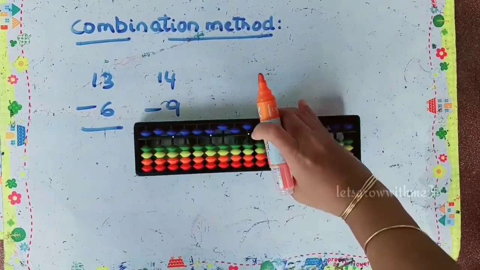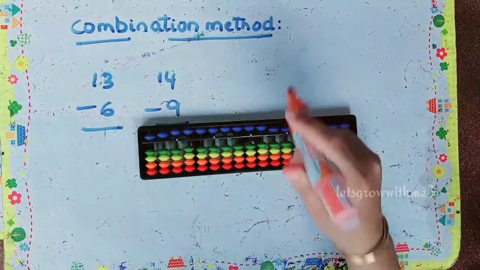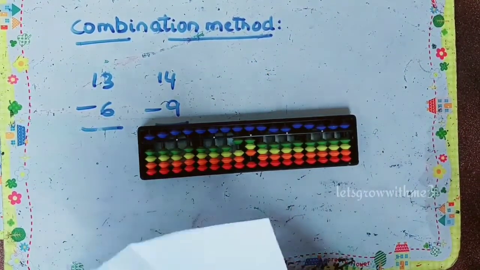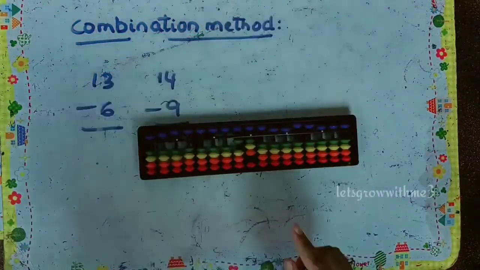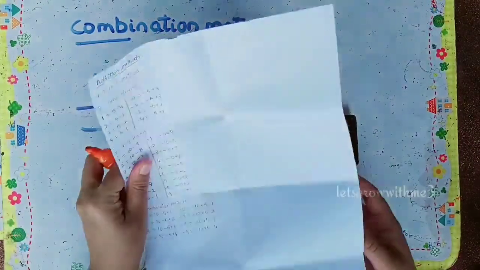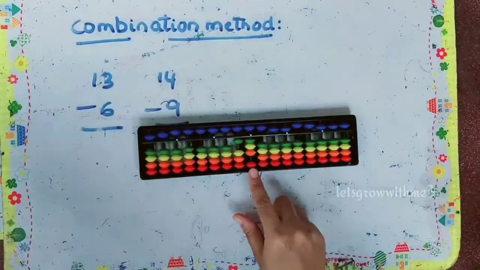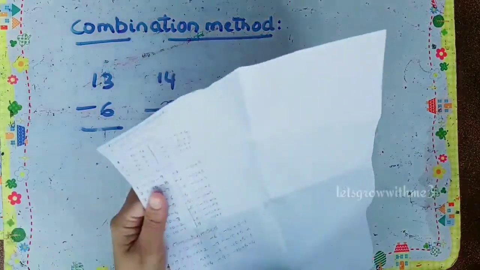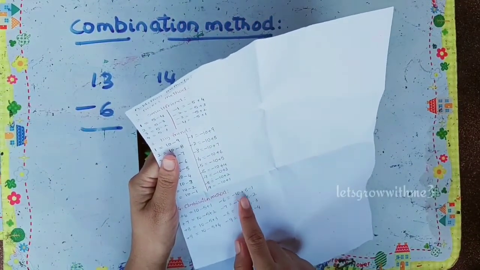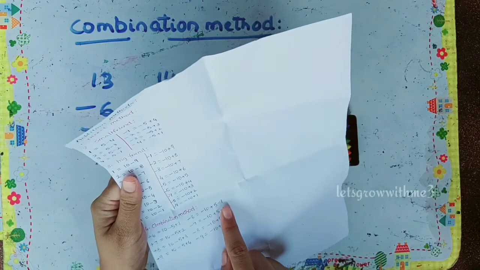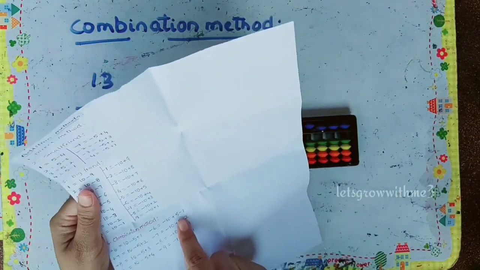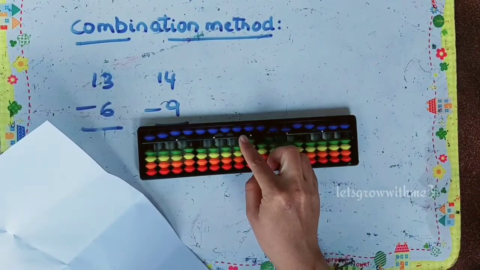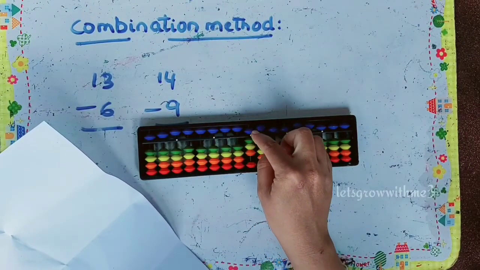Next we will see a few examples for the combination method. That is 13 minus 6. So how to subtract minus 6? Papa down, mama down, babies down. Because we can't go for big friend. Big friend is minus 10 plus 4, and we can't add 4 beads. Here we have only 1 bit. So that time we need to go for the combination method. So minus 10 plus 5 minus 1, which is papa down, mama down, babies down.